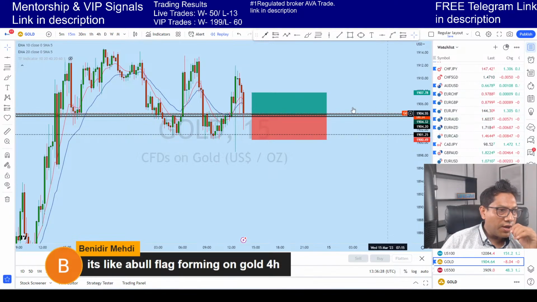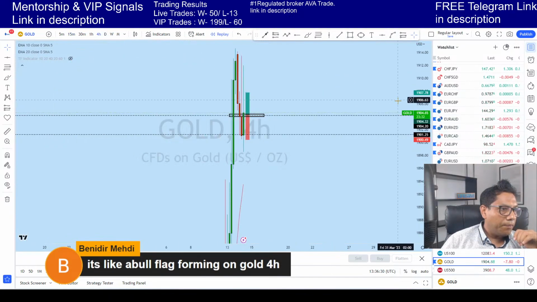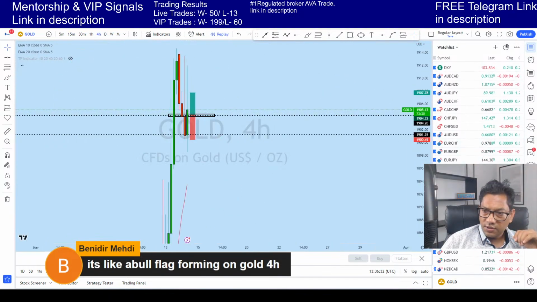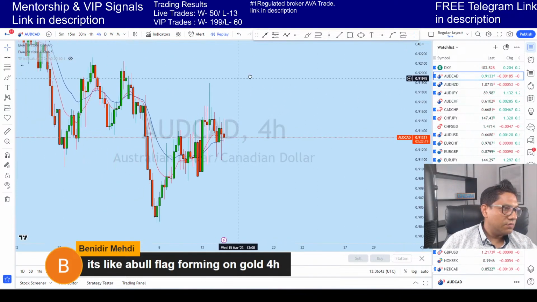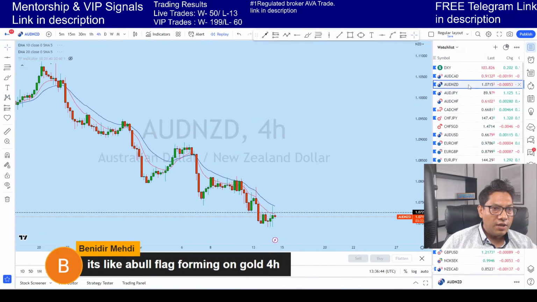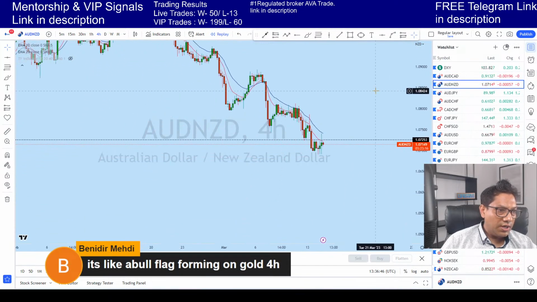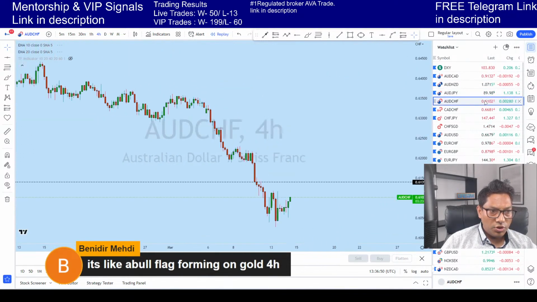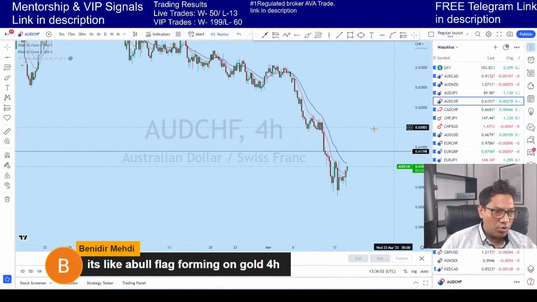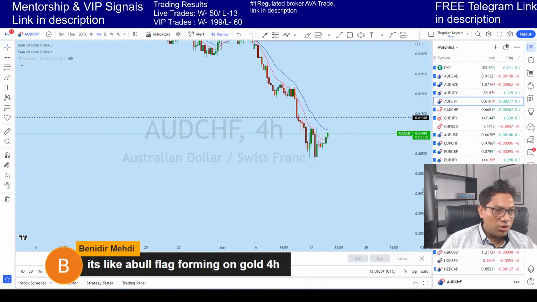Okay, so let's look at now. Some of you have asked for AUD CAD, AUD NZD. So AUD NZD is bearish to me. Aussie yen bullish, so there's a candle close. I'm just looking at all those. So Aussie CHF,